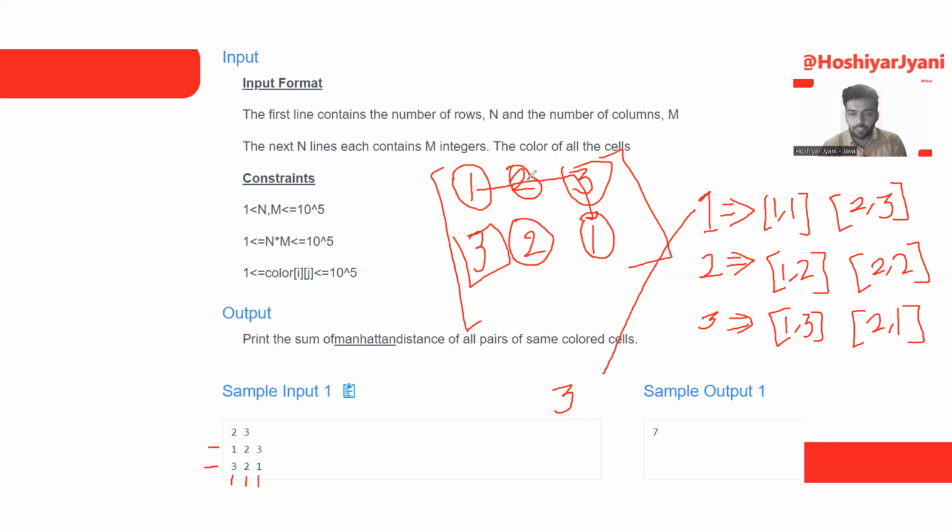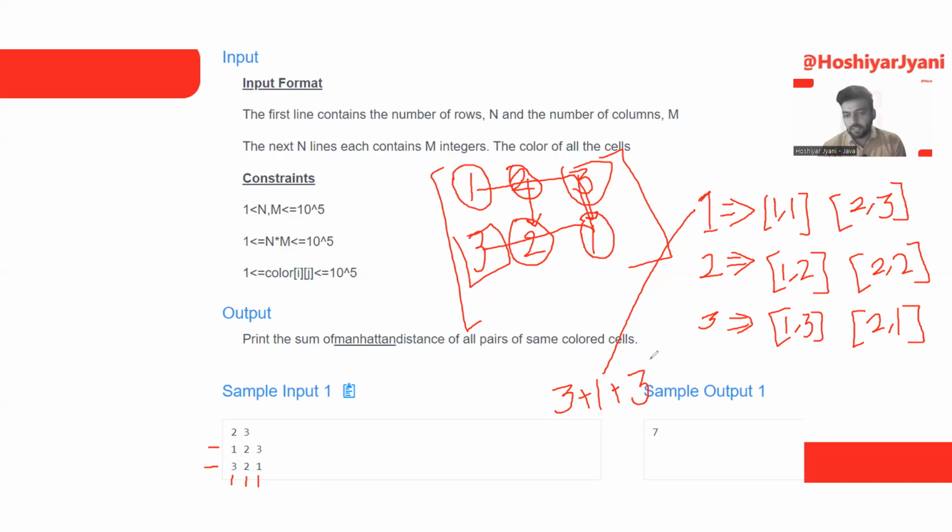For 2, one 2 is here and one 2 is here, we can go like that, so the distance is 1. For 3 to 3, we can go like this and like this: 1, 2, and 3, so the distance between the 3s is 3. When I add all the distances, 3 plus 1 plus 3 is equal to 7. So this is the overall approach of this question.